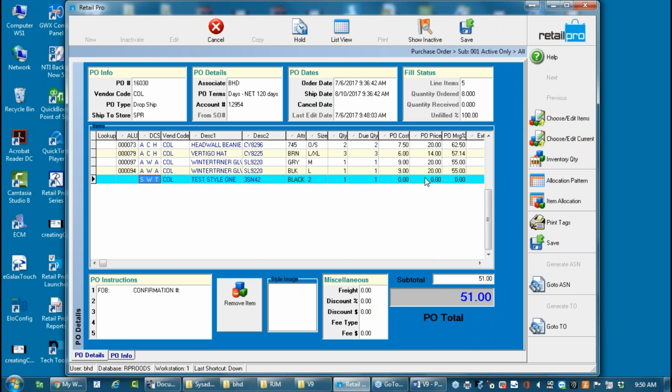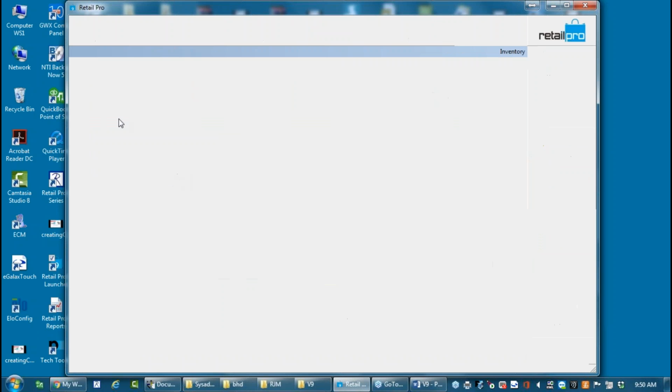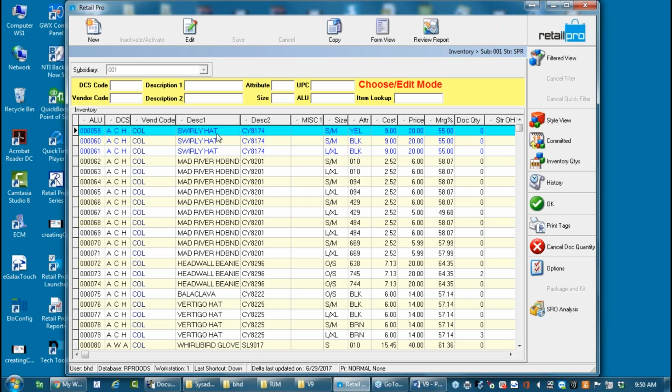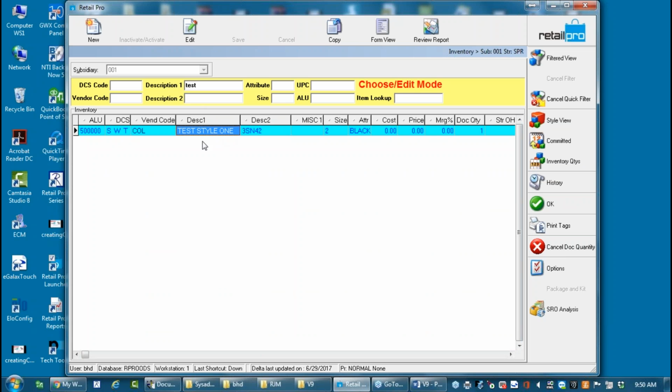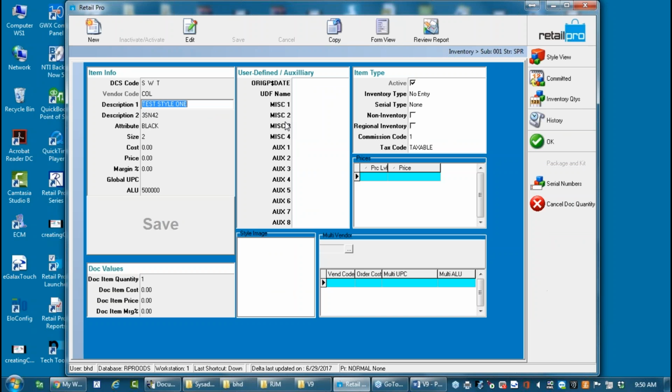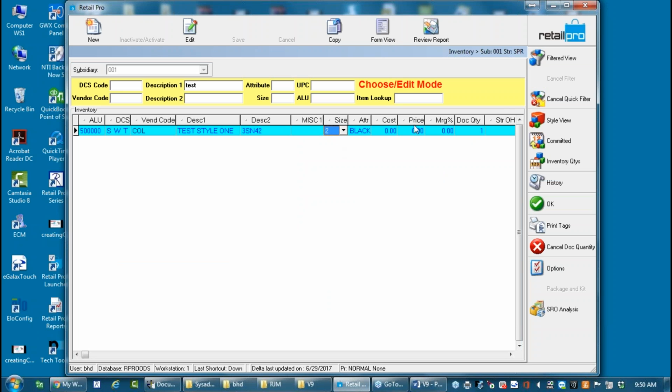So if I am in here and I've created this item, I'm trying to filter to that new item that I just created, this one. Okay, so once I have my first item set up in my smallest size, if this item is a style,